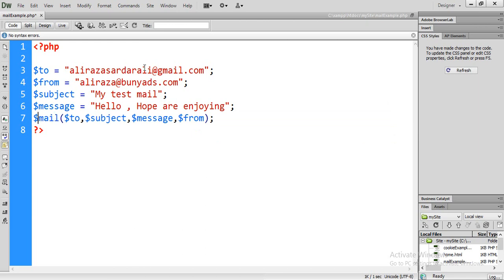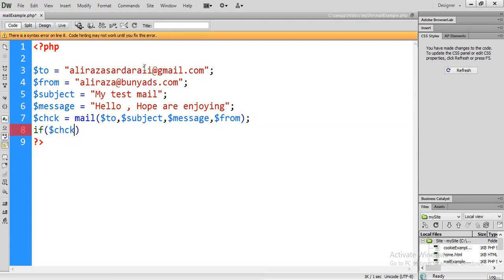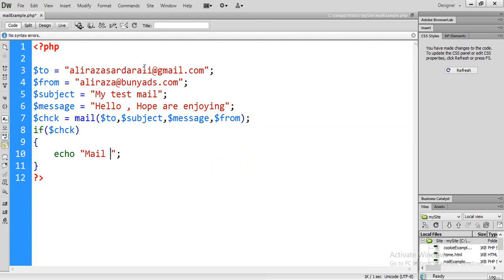So if I write here check, and if I specify here equal to and then email, and then if I check here $chk and then like this, so what will happen? The variable will return true or false. So if the mail sent successfully, then this if will run, and you can specify the message that email sent successfully. So mail sent successfully, and then specify your error message also, that is else, and specify here the error message. So it should be